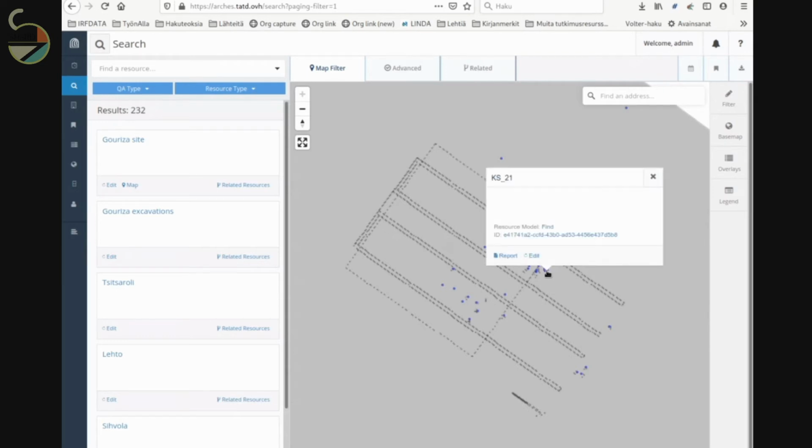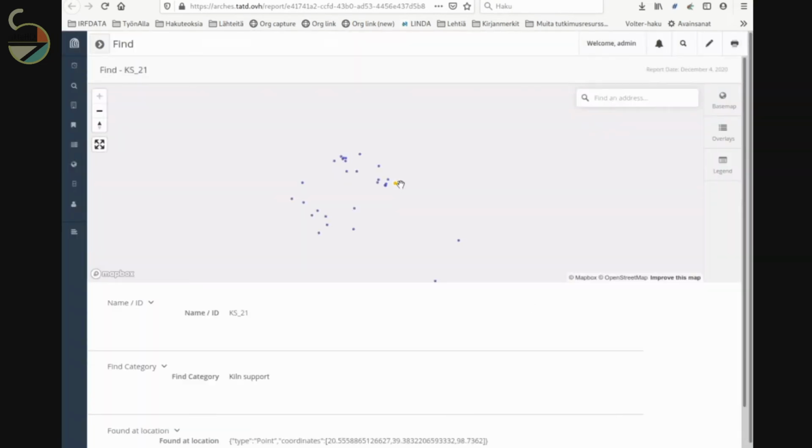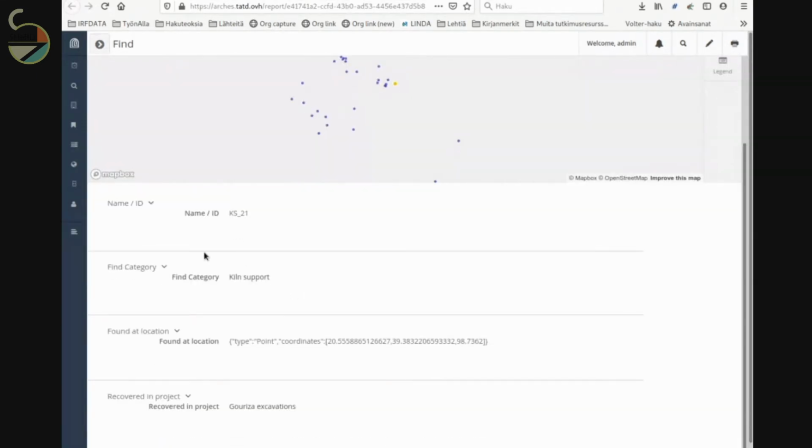Okay, here we can click this one. It shows that it's the find name KS21 resource model find, and this is the idea. Here we can have a report. So here we have a plan, same kind of plan. We could have the same base maps and overlays here, and then we have the find information. This is the find category, name. This is the location it was found. This comes originally from the